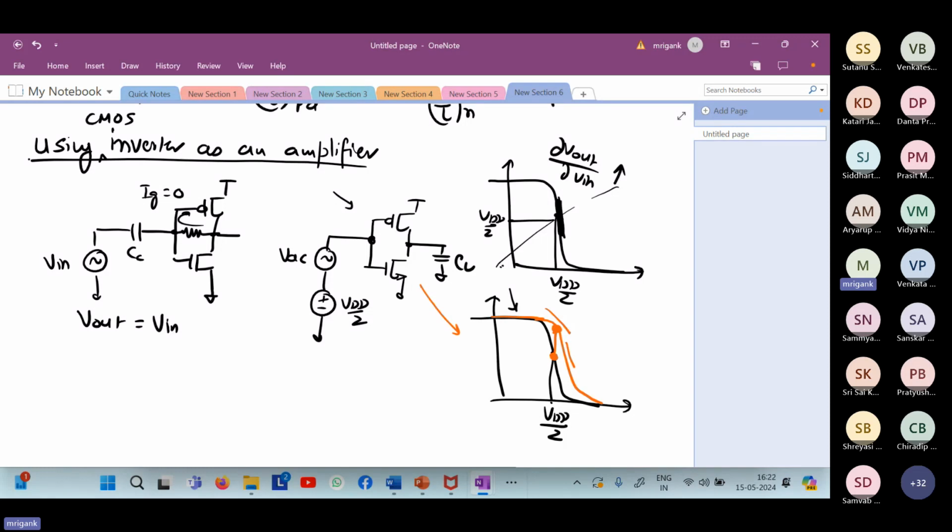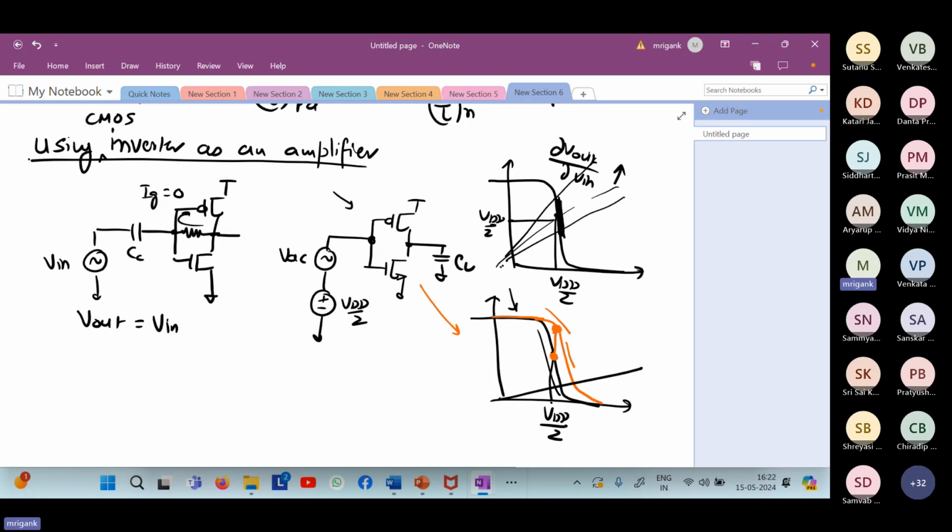Of course, now that V out equals V in, if the sizing is varying too much, you may also have variation. But at least it ensures that you are setting V out equal to V in, and you are going to land up in that slope region somewhere. Of course, if your sizing is too bad and your slope is cutting somewhere here, then you can't say that. That is an extreme variation. But nominally, if there is a variation in the slope, you will still have some range.